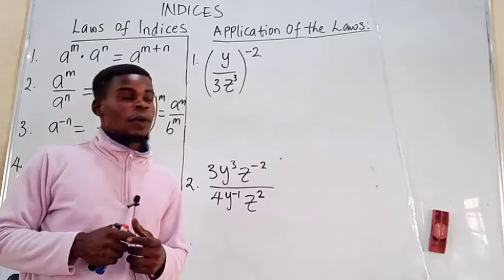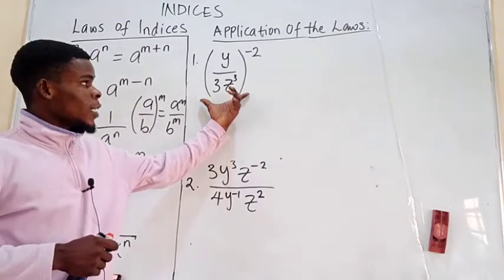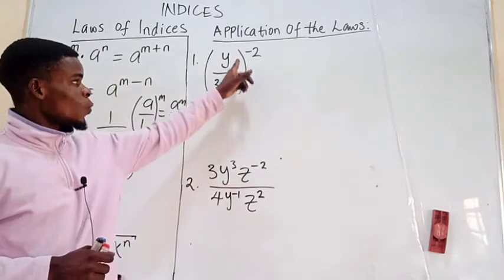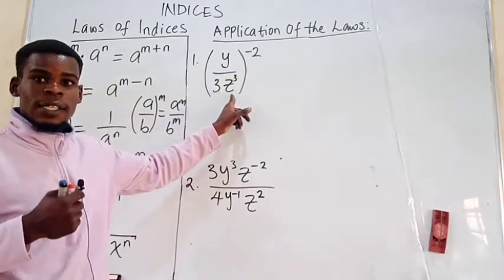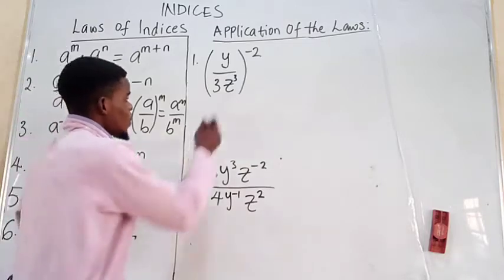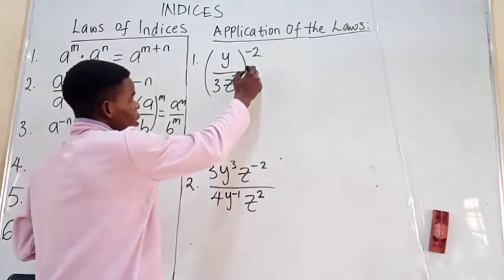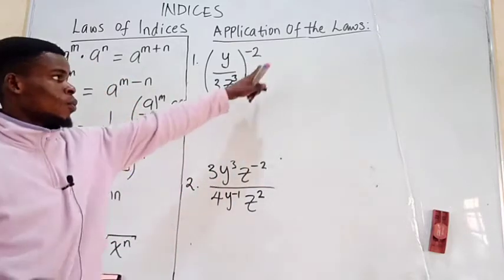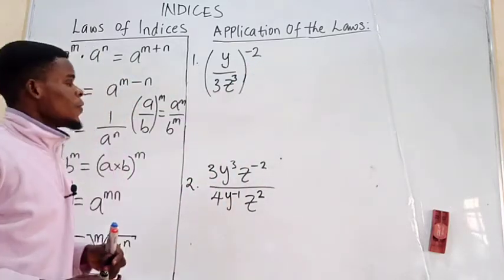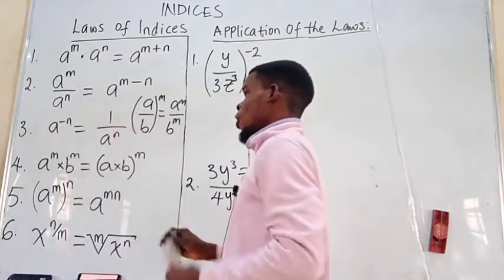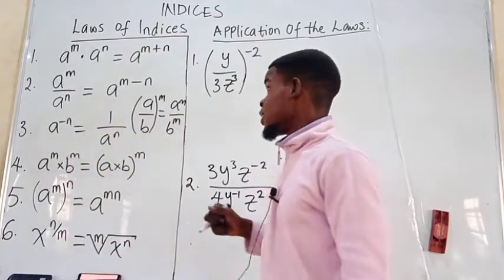Now in this video, we want to rewrite some complex expressions using the laws of indices. Here we are given (y divided by 3z cubed), so this is to the power 3, let me put it down well, and everything there raised to the power of negative 2. Very nice. Now I am going to go ahead and still apply our laws of indices,